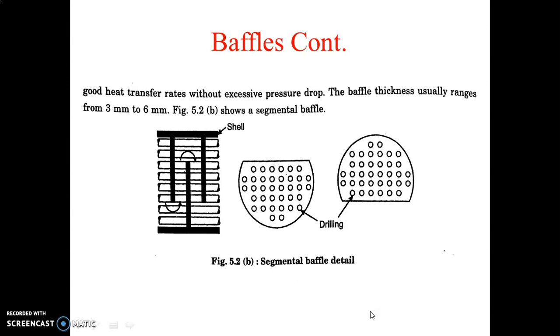I will show the figure of that baffle. Suppose this is the plate, you drill the holes according to your tube diameter, and this part is cut. It is actually 75%, but it is called a 25% segmental baffle. And these baffles are placed on the tubes like this. Here the tubes are inserted, then the next baffle is here, then the next baffle is here. This is called the baffle spacing, and it should be 0.3 to 0.5 times the shell diameter.